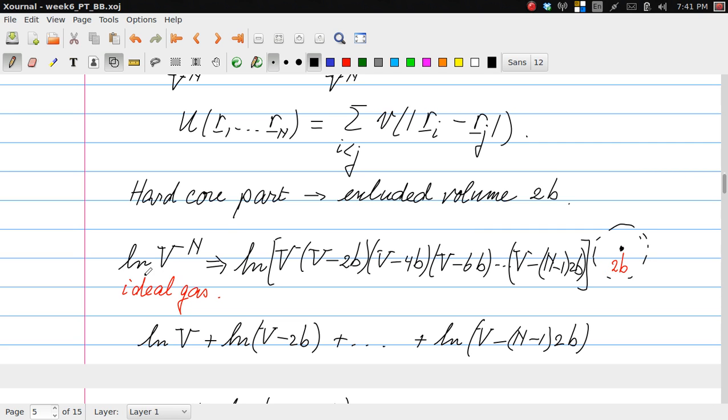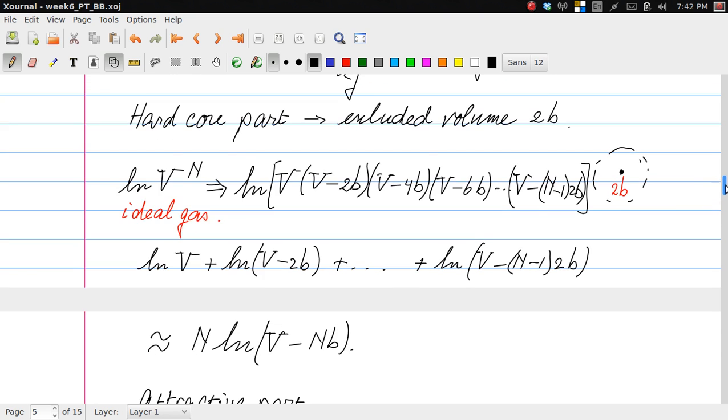So instead of the V to the power N that we get in the ideal gas, the best way to calculate the new expression is to first assume that we put one particle in the volume, so that has a volume V at its disposal. The second particle, however, has only V minus 2b available, and then V minus 4b, etc. And the last particle, particle number N, has only V minus (N minus 1) times 2b